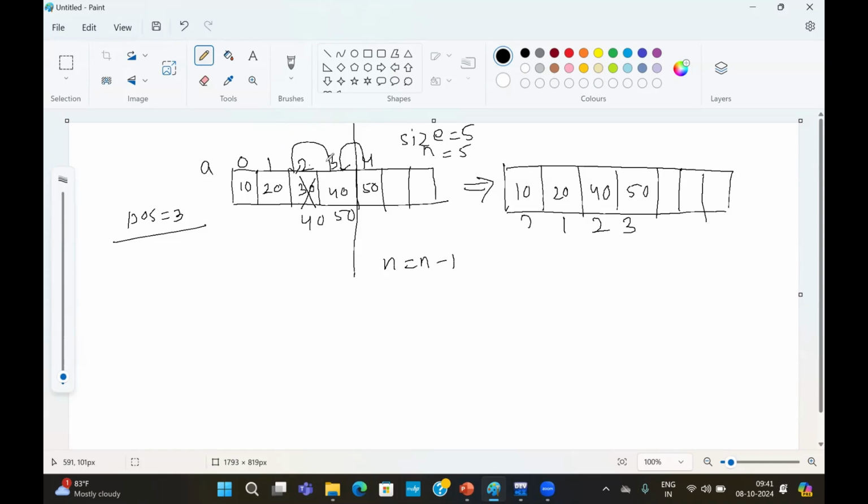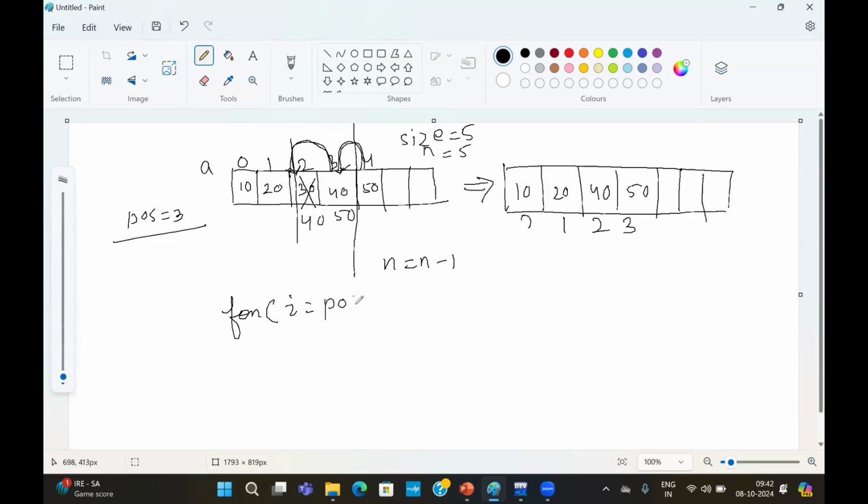So this is for the delete operation. Two things we have to do. We have to shift the elements to the left side. In case of insertion, shifting is done to the right, but here the shifting should be done to the left side. It means the index position of an element should move to the previous index, whereas in insertion it moves to the next index. So what should be our logic? Decrease the size, n equal to n minus 1.